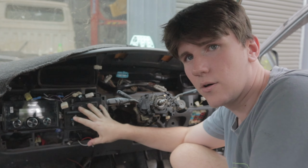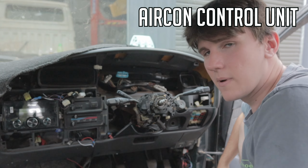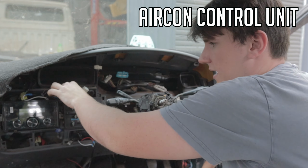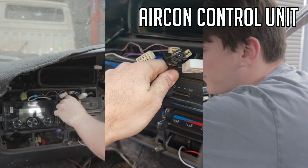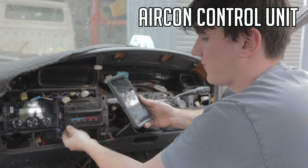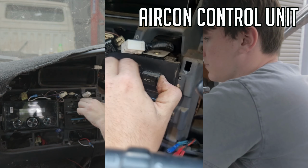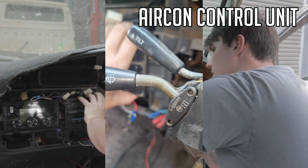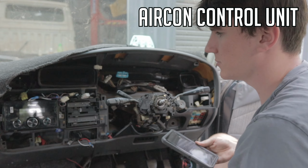So next up will be the aircon here. This one's actually pretty tricky, and you've got to remember to put this one back in the right way, but pulling it out is fine. So it actually has the clips, has the knobs on the front here. So you pull those off, obviously chuck those in a bag, and then you actually have this front bit unclips, and this AC button actually pulls out. There, that's your AC button. This part unclips your front fascia bit there. Then